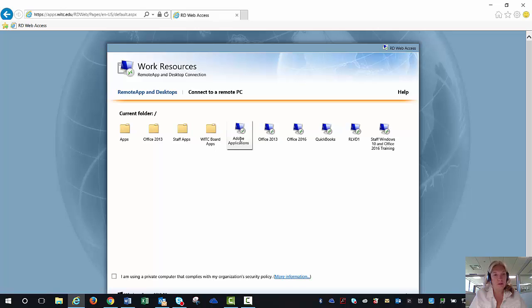Now, one warning: this is the second semester we've tried this. This is a little bit different. If you are not allowed to get in there, if it's running slow, or if it tells you the server is full, you need to let me know so that we can make some changes to that and I can work with our IT folks. So you click this,